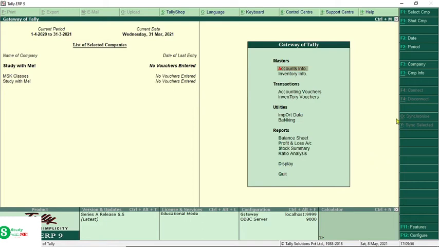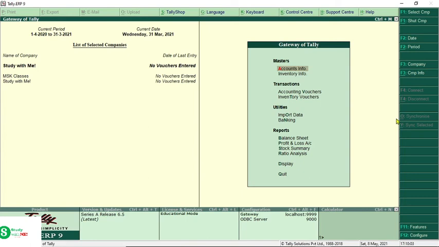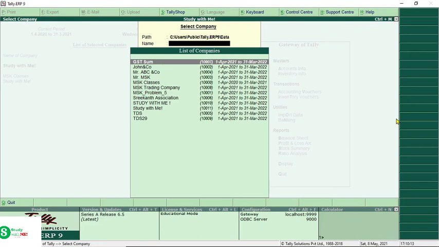We have completed how to create a company and how to alter a company. Now we are going to shut our company. For that you have to select your company, so you can press F1. It shows you all the companies you have created in the system.